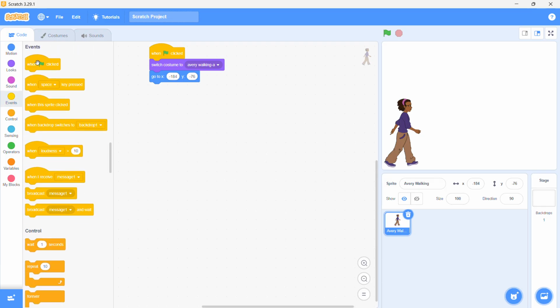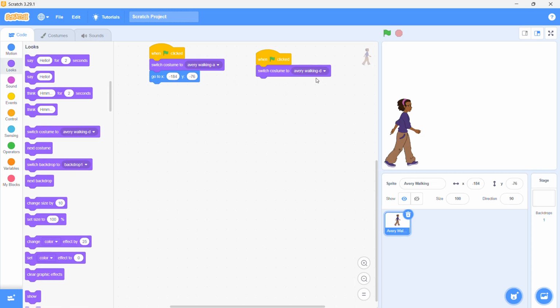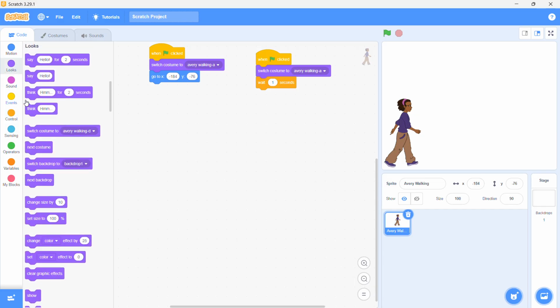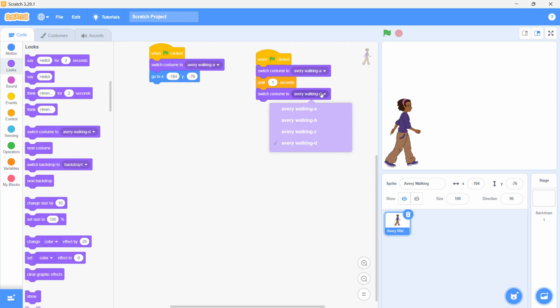So now we go to events again and bring this when flag clicked block, and then go to looks and then switch to costume, then we'll go to control. Wait 1 second. You can put any second that's appropriate for you, and go to looks again, put this. To avoid wasting much time, just duplicate them,